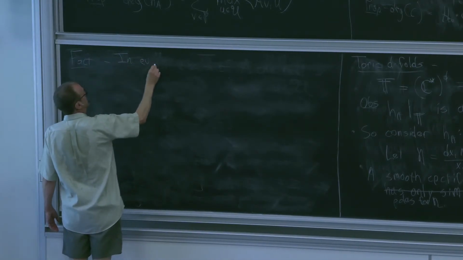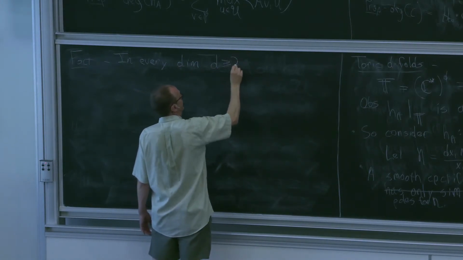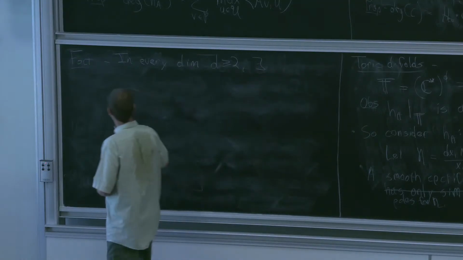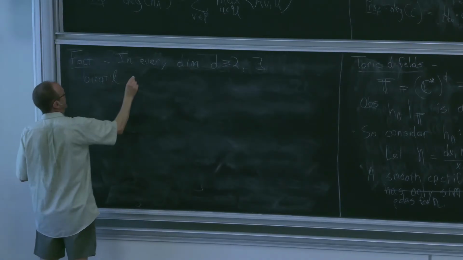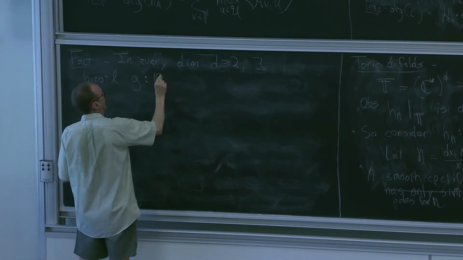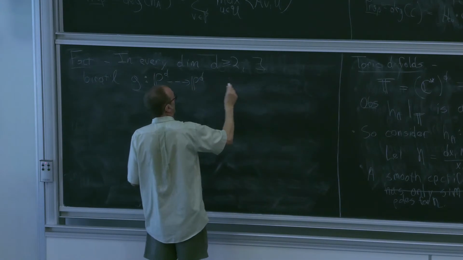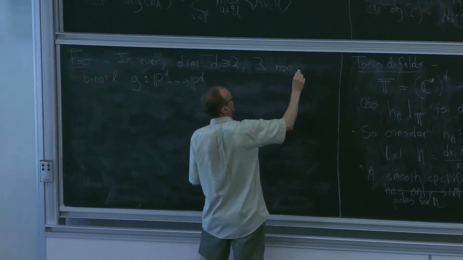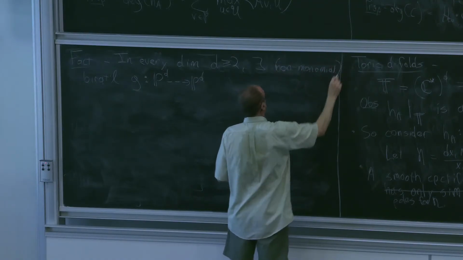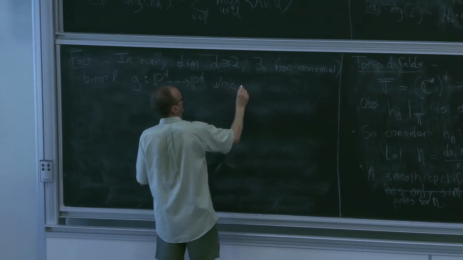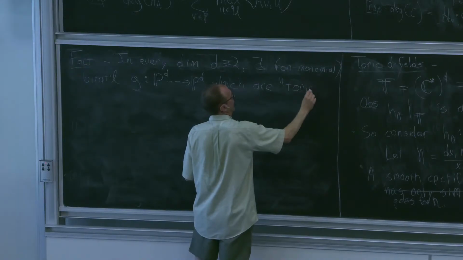In every dimension D bigger than or equal to 2, there exist birational maps G from P^D to P^D. There exist non-monomial ones which are nevertheless toric